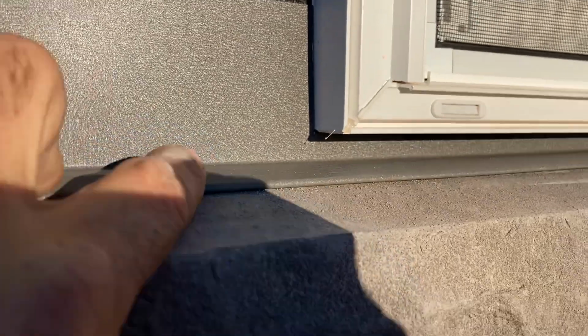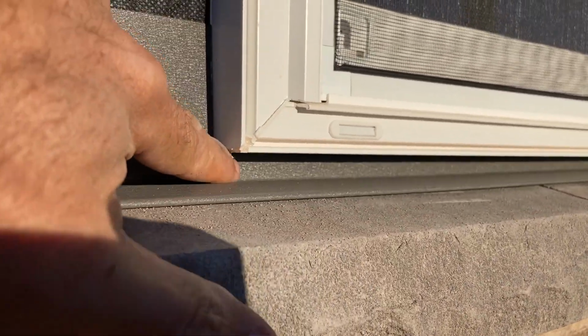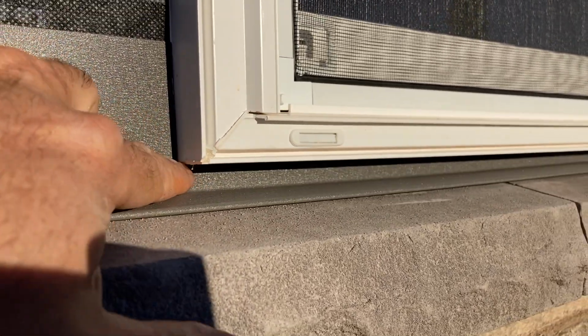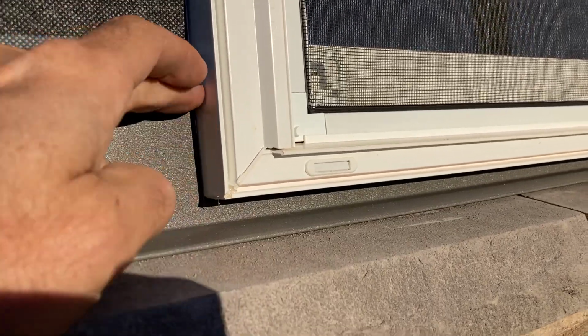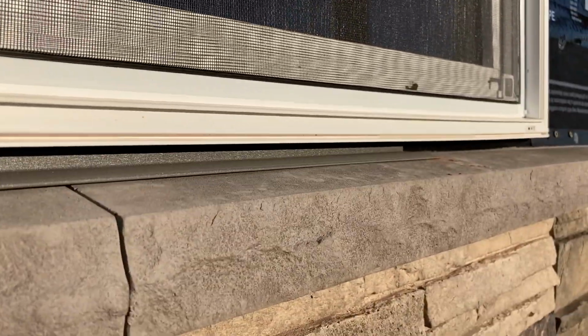You can see what this looks like underneath the window here, this little lip. So the water has to blow in here and run all the way back to get down behind. We'll run our J channel down here to stop any water that runs down here from getting back up underneath here. It'll actually force it out away from the window. But that's how we're doing